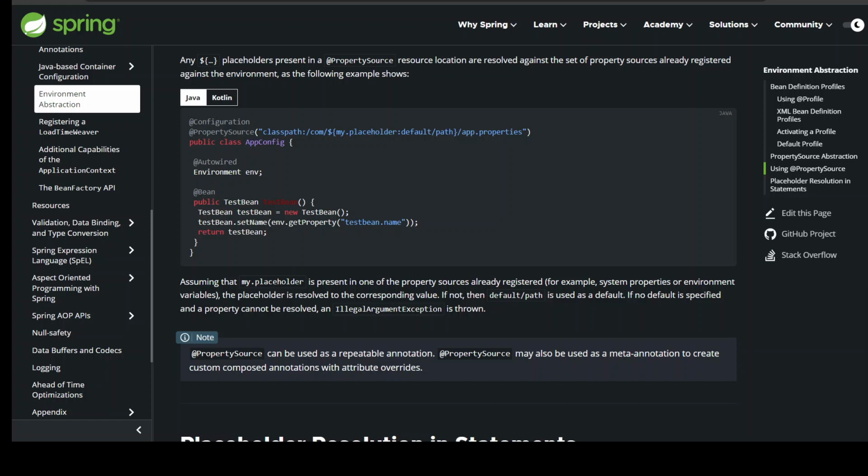@Configuration @PropertySource("classpath:/com/${my.placeholder:default/path}/app.properties") public class AppConfig { @Autowired Environment env; @Bean public TestBean testBean() { TestBean testBean = new TestBean(); testBean.setName(env.getProperty("testbean.name")); return testBean; } }